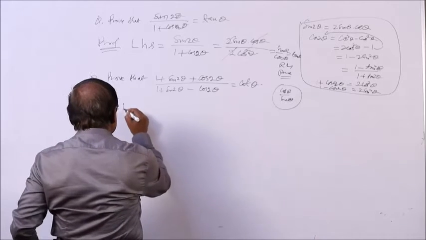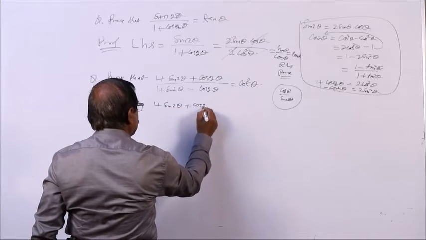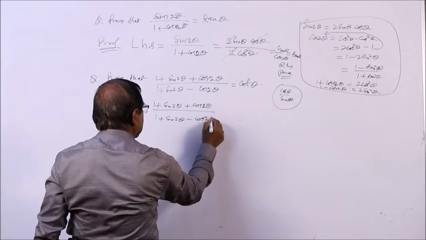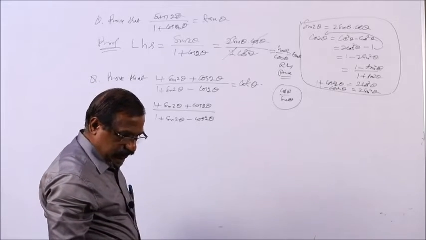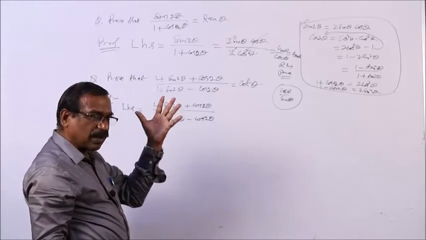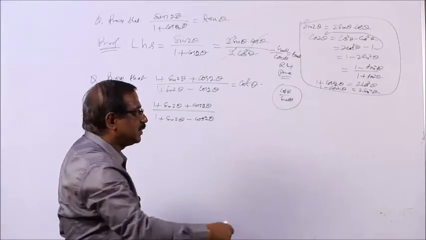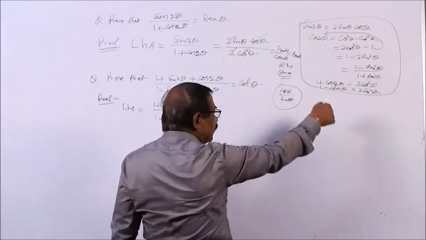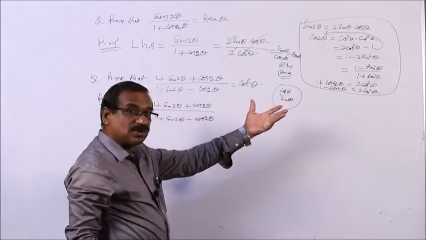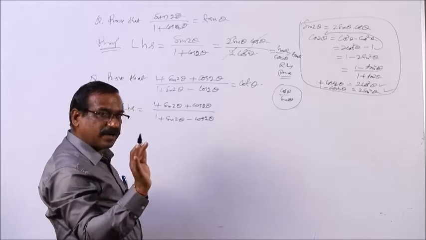So, I am taking this LHS. You see, (1 plus sin 2 theta plus cos 2 theta) by (1 plus sin 2 theta minus cos 2 theta). What does a teacher do? 1 plus sin 2 theta, there is no problem, no formula. Please write the formulas in your answer book every day. Don't cram. Regularly write them. 1 plus cos 2 theta is there, 1 minus cos 2 theta is there. These two formulas are there. So, let us try. Don't be harassed, don't be afraid of the problem.